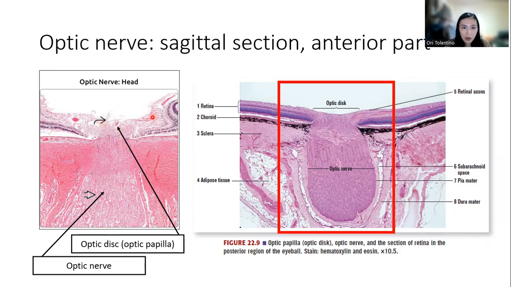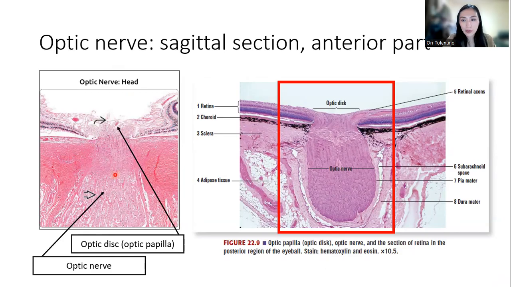So at the optic disc or optic papilla, there are no rods and cones here. You can see the cut, it's cut. There is no rods and cones layer in the middle. Just all axons, okay, to become the optic nerve. So you cannot see anything. So this is called your blind spot right here. You can't see anything there, okay? And there are no rods and cones.